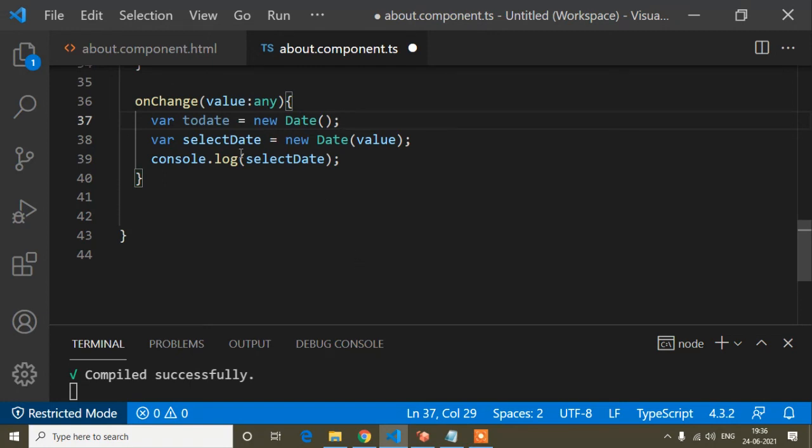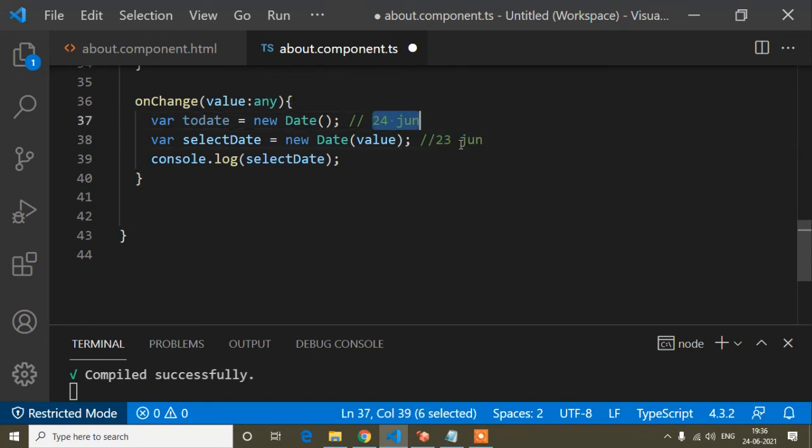Suppose user is selecting, suppose guys today's date is 24. And selected date, suppose user selects 23, that means 23 June. And today is 24 June. So suppose user has selected 23 June and today is 24 June.